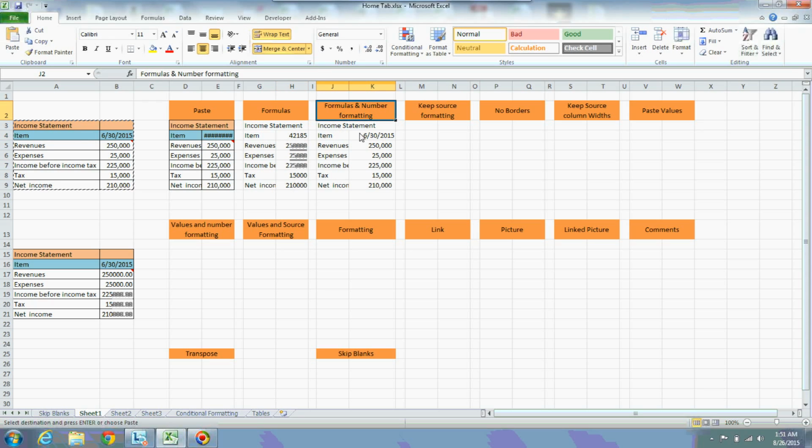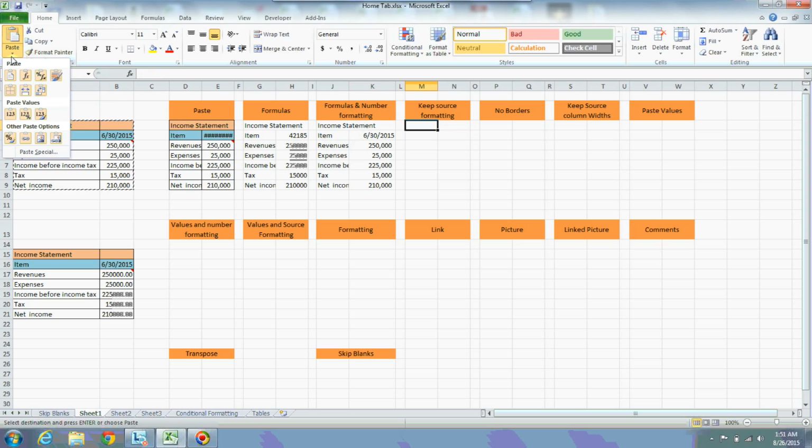Formulas and number formatting will retain the formulas as well as the number formatting of the source format. This is the source format. There are some commas, and the same commas have been carried forward because we selected formulas and number formatting. Now there is one more option called keep source formatting. What is the meaning of keep source formatting? Let us see what is going to happen.